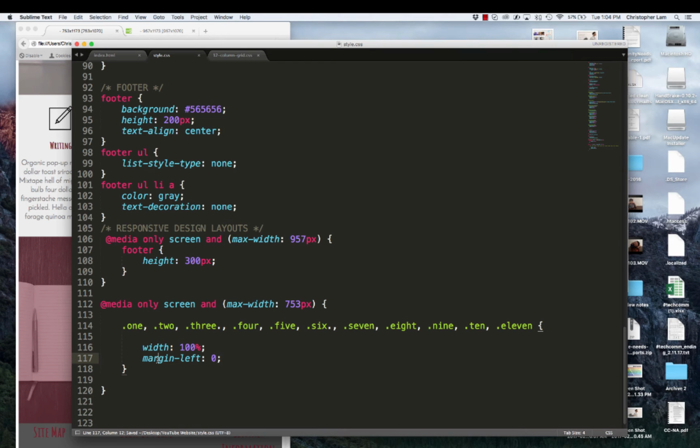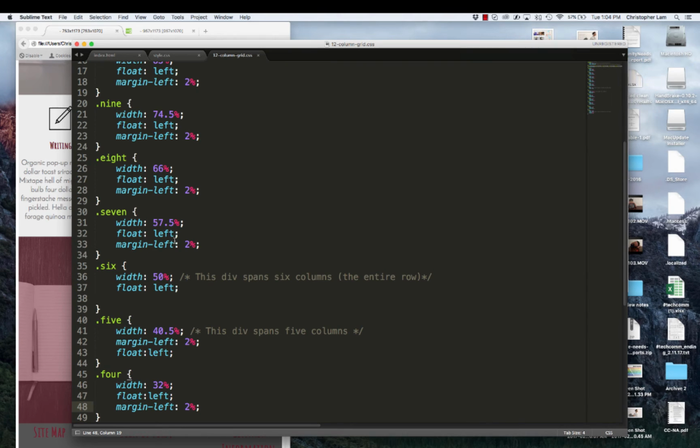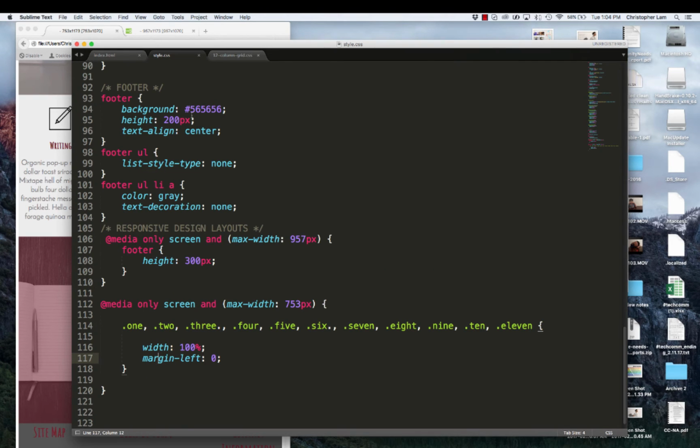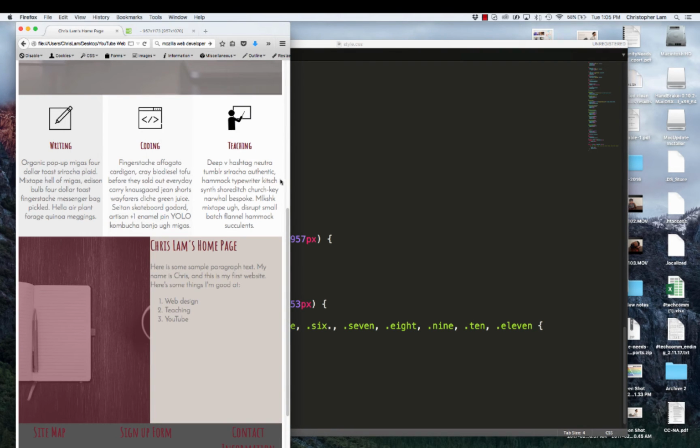If we did not specify margin left 0, it would just inherit margin left 2%, and everything would be bumped over 2%. So any styles that are in your main style sheet need to be overridden in your media query if you want to actually make a change to that particular style. Basically what we've done here is we've said on every single column we're just going to make it 100% wide. So if I refresh,